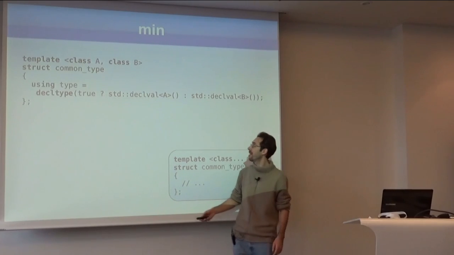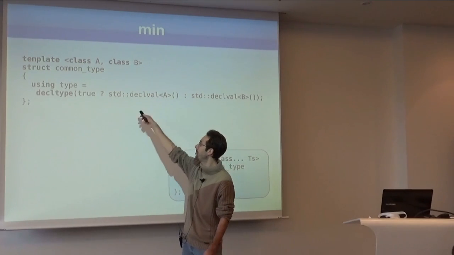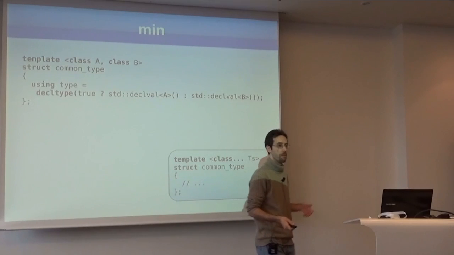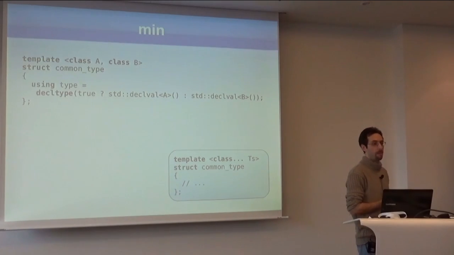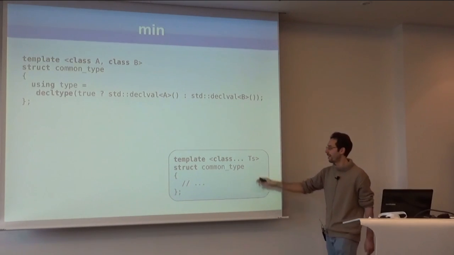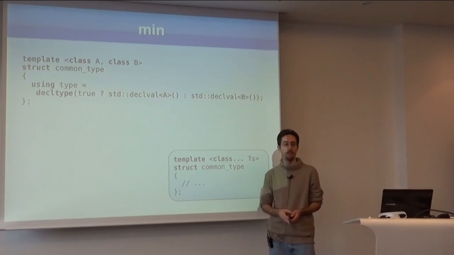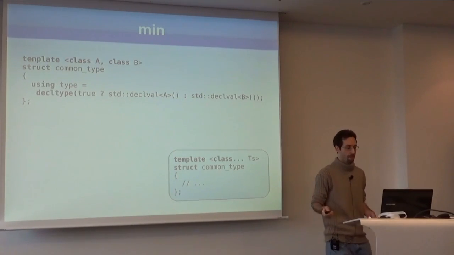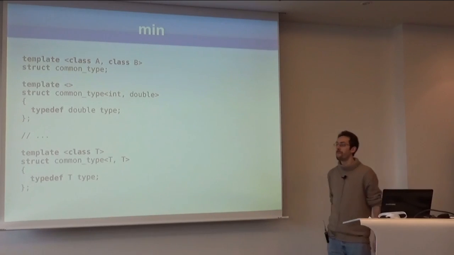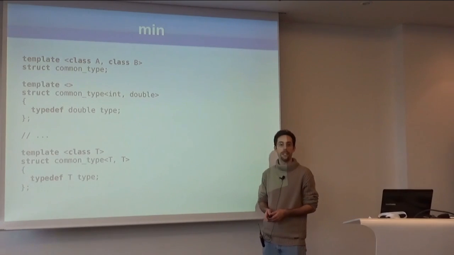In C++11, we got new language elements which we can use to implement this common type in an easier way. And it's even part of the standard library with a variadic number of arguments. So you don't have to do it like this. The reason why I showed you this example is that